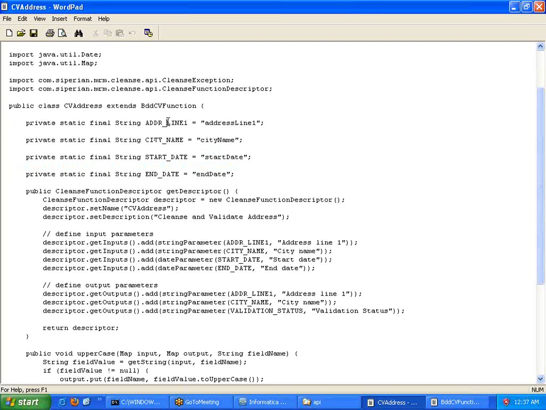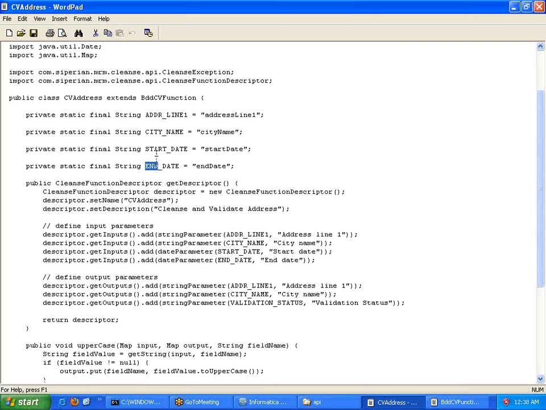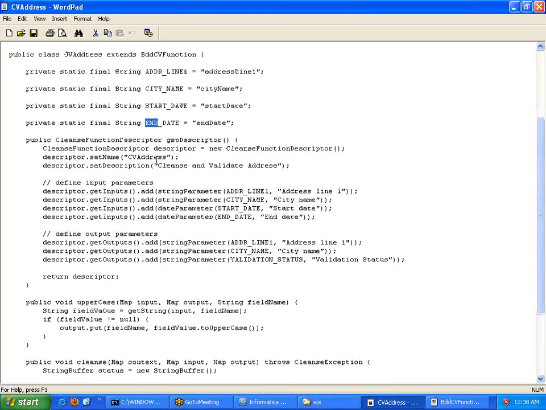The scope of these constants, like address line 1, city name, start date, end date. These are the 4 constants that we are going to use throughout this particular code, in case you want to reuse these constants across multiple methods within this Java class. Then go with defining these constants, or else we don't need to do that.